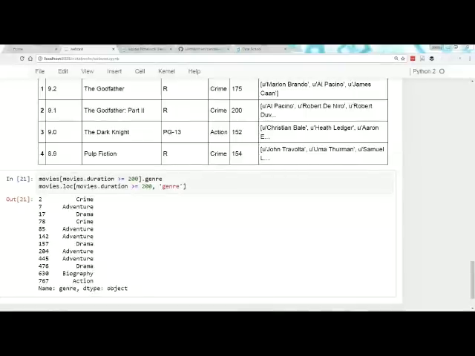Okay, next question from Gus. What is your favorite way to style a data frame on the web when exporting to HTML? Well, data frames do have a method, I think it's just a data frame method like to_html. That will output HTML. I've honestly never used it myself, so I don't have any ideas on styling data frames.